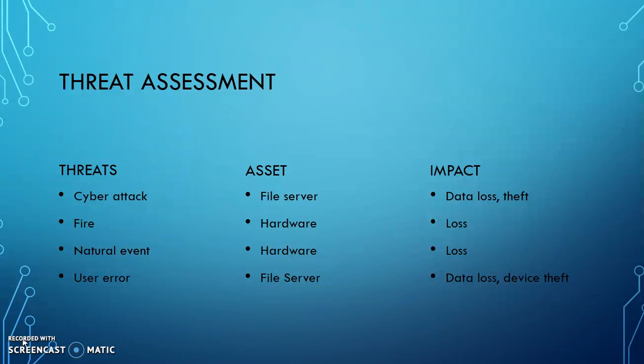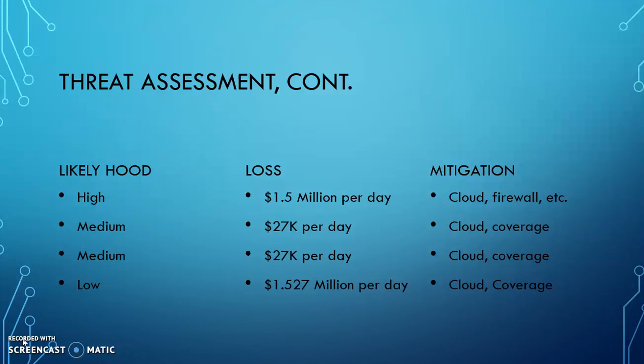The threat assessment portion of the report is a methodology to weight likely threats against assets and potential losses, and to list mitigation strategies to reduce those losses. This assessment is based on a methodology published by the Networks Corporation on their blog. The next slide addresses the other half of this threat assessment model and corresponds to the asset list on the previous slide. It seeks to quantify business continuity losses per day and provides mitigation strategies such as cloud backup, property coverage, and other strategies such as email filtering, which are included in the written report.